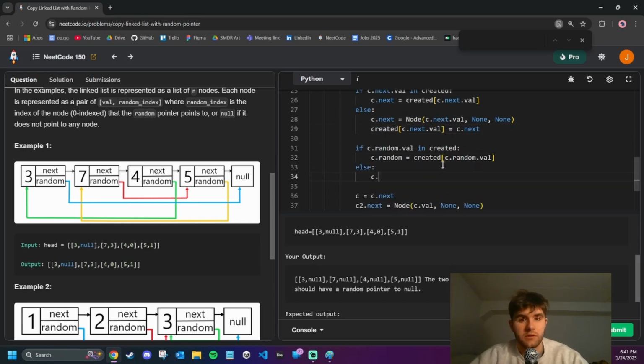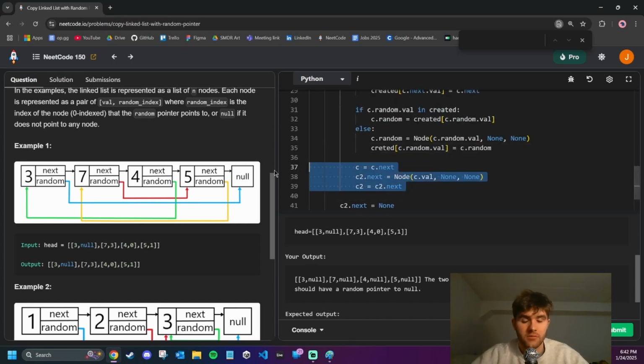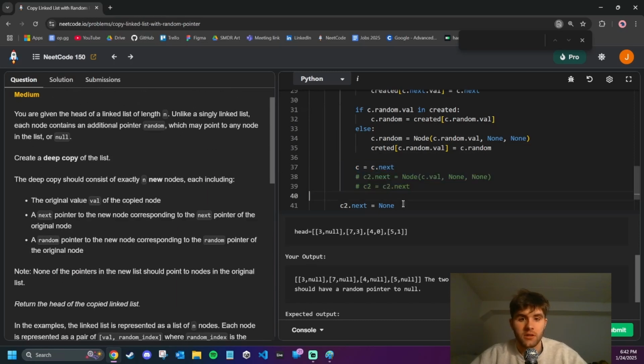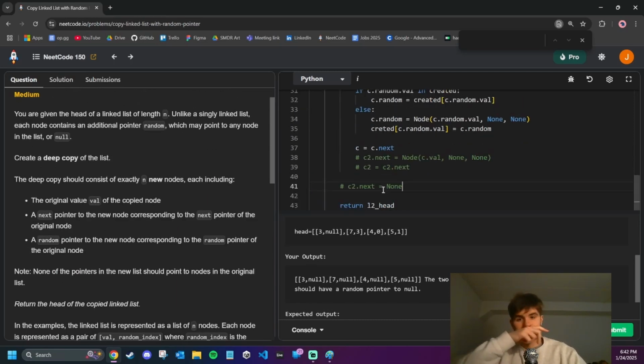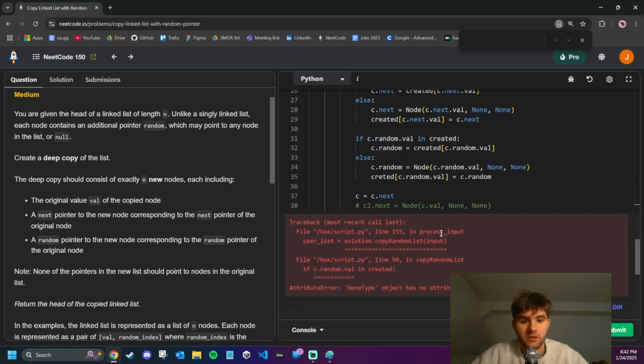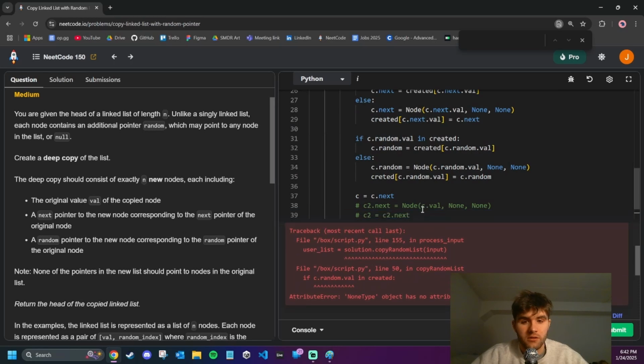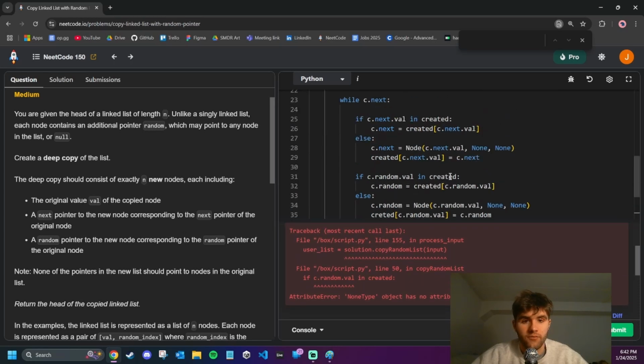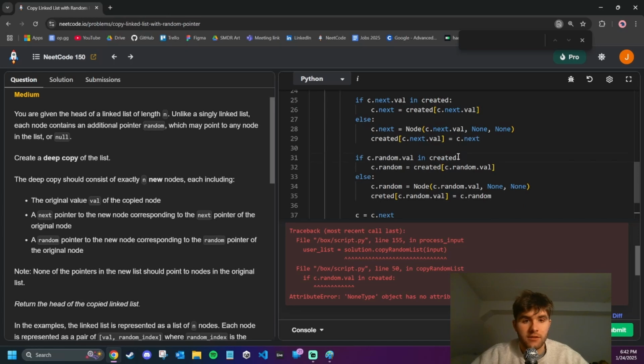So c.random is going to be a new node if, okay. And then created of c.random.val equals c.random. So we don't need c2 anymore. So let's see what errors that gives us. Random. So if it's in created,